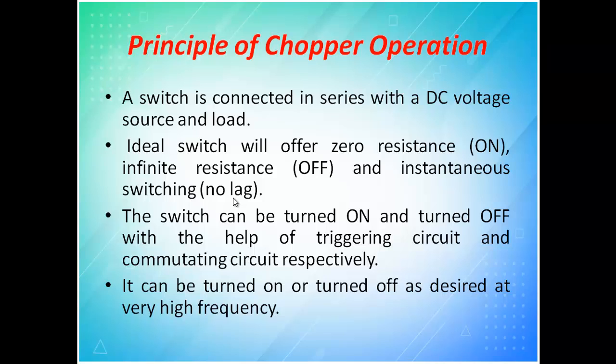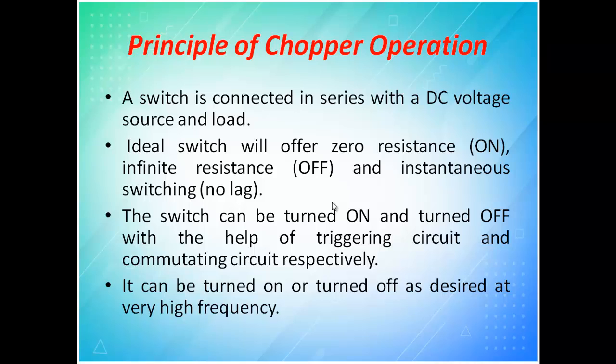Whereas when you take a semiconductor, even if the switch is on, there will be some amount of resistance offered by the switch, so there will be loss. But for our simplicity, we take an ideal switch, which means it offers zero resistance during on and infinite resistance during off. So that is what a switch is. Either you close or open. When the switch is closed, R is 0, which means voltage drop across the device is 0 and current is maximum. When you open the switch, voltage across the device is maximum and current is 0.